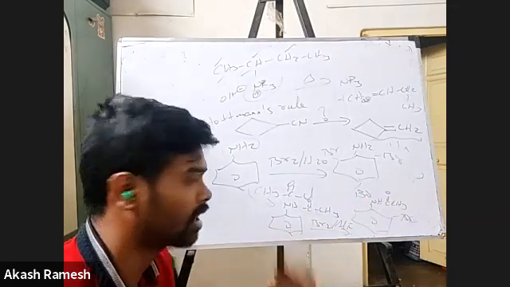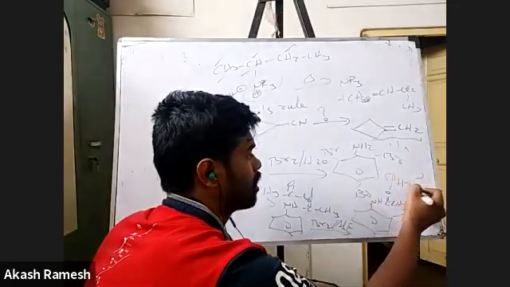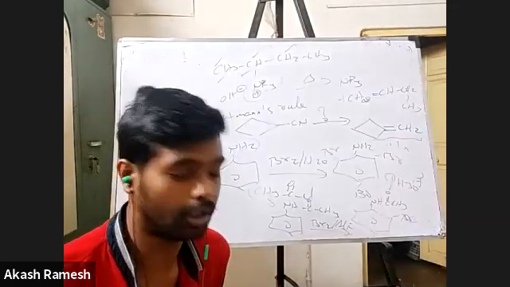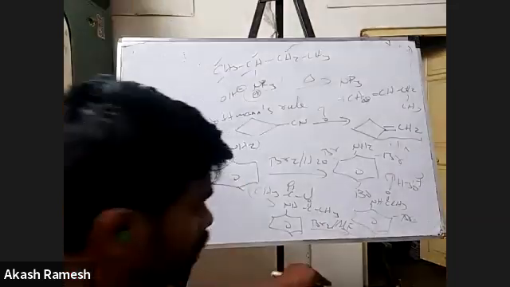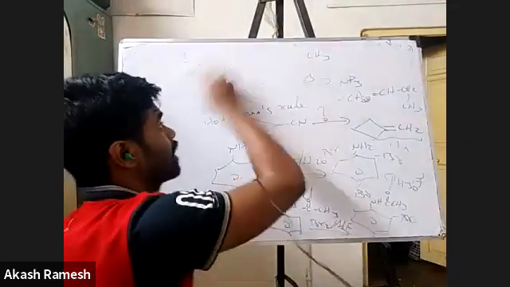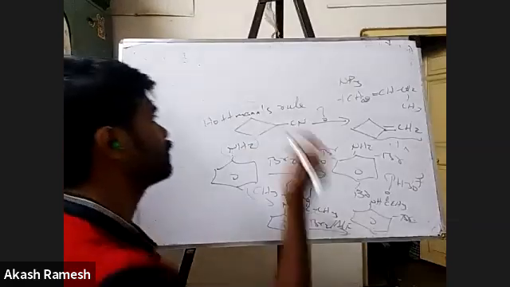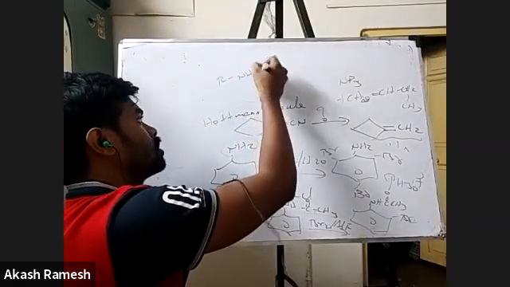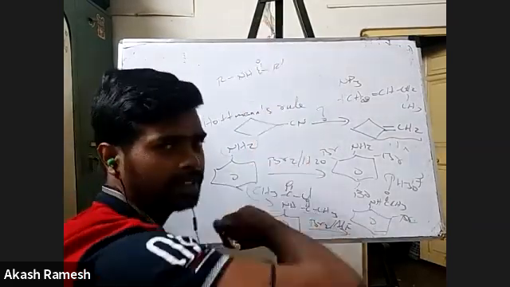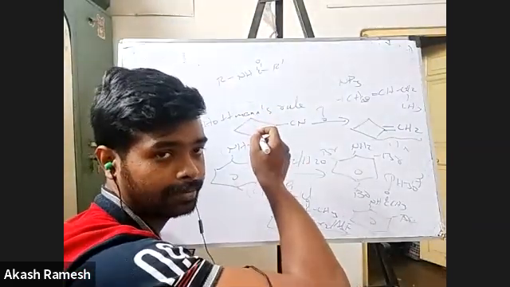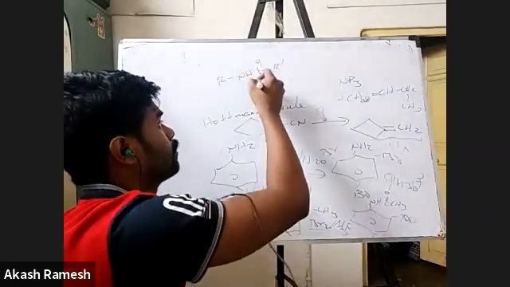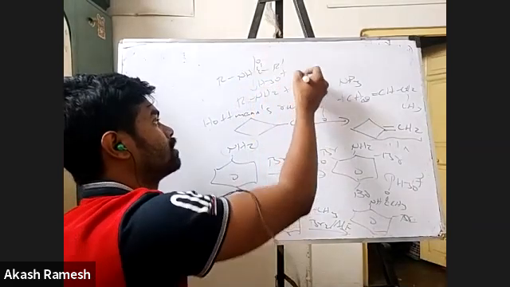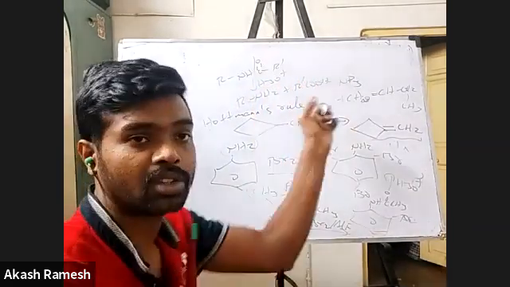If you go for hydrolysis, if I put H2O, H3O plus, what will happen? Any amide, or any acid derivative for that matter, is going to give me back the acid. That's exactly what is going to happen here. But along with the acid, say I have R NHCOR', a secondary amide. What will you get if I go for hydrolysis? You will break this bond. So you will form RNH2 plus R'COOH.